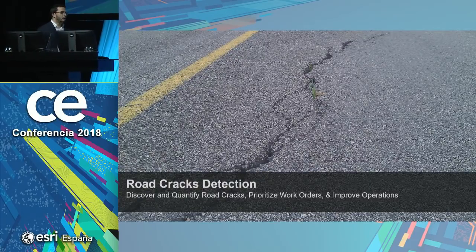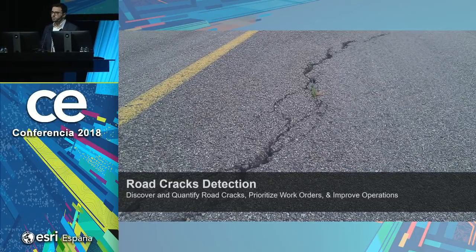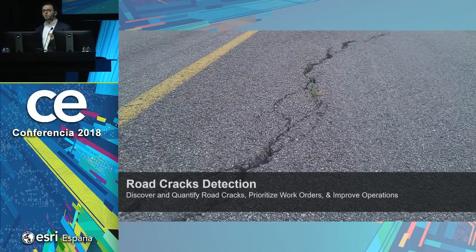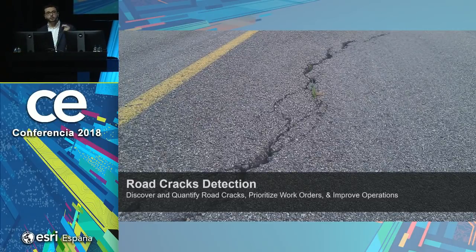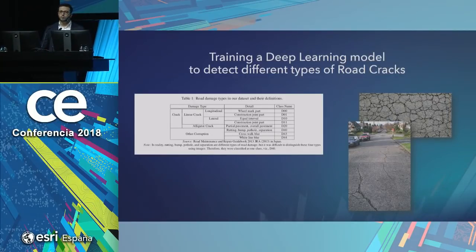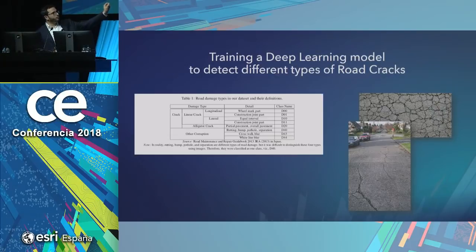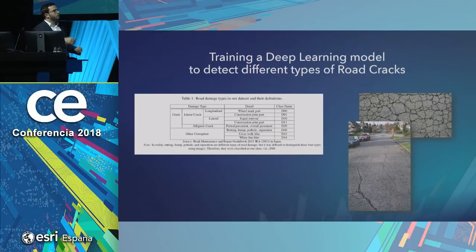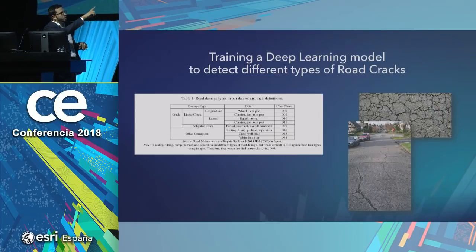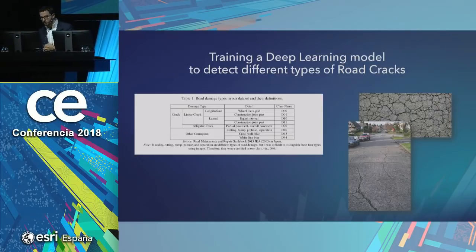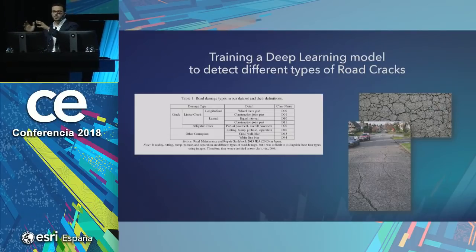Another example, in the area of roads and infrastructure: millions and billions of dollars are being spent on fixing infrastructure. If we have an easy and cost-effective way to detect road cracks, it's going to be very helpful. So that's what we have done here. We got a public data set for road cracks, different kinds of road cracks, like the longitudinal cracks or the crocodile cracks that you can see on the top right, and other types of cracks. And this deep learning model is able to detect those cracks whenever it sees them.